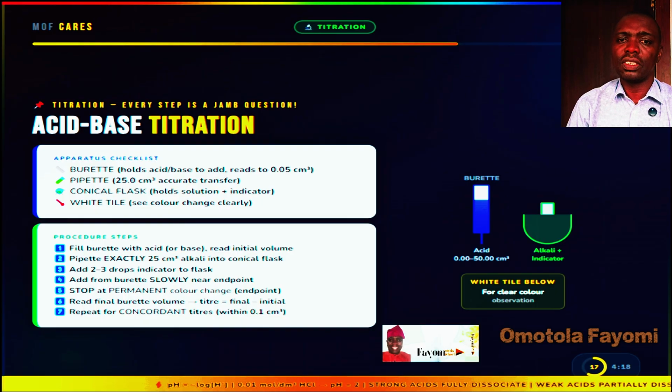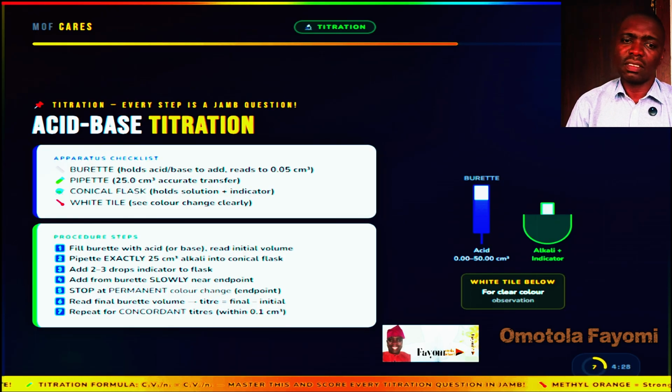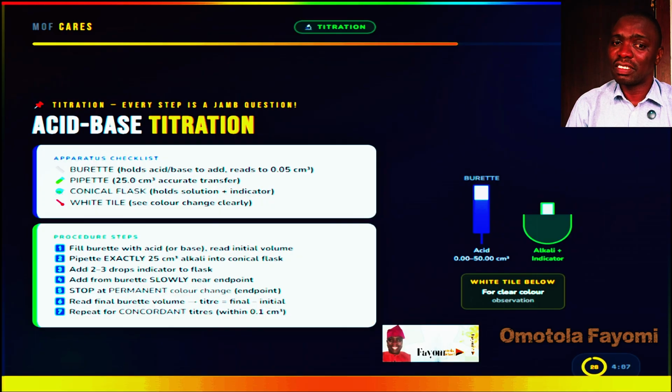Add 2 or 3 drops of indicator. Now the critical part is to add the solution from the burette slowly as you approach the endpoint. Near the endpoint, add dropwise, 1 drop at a time. Swirl the flask constantly. The endpoint is when 1 drop causes a permanent color change that does not disappear while